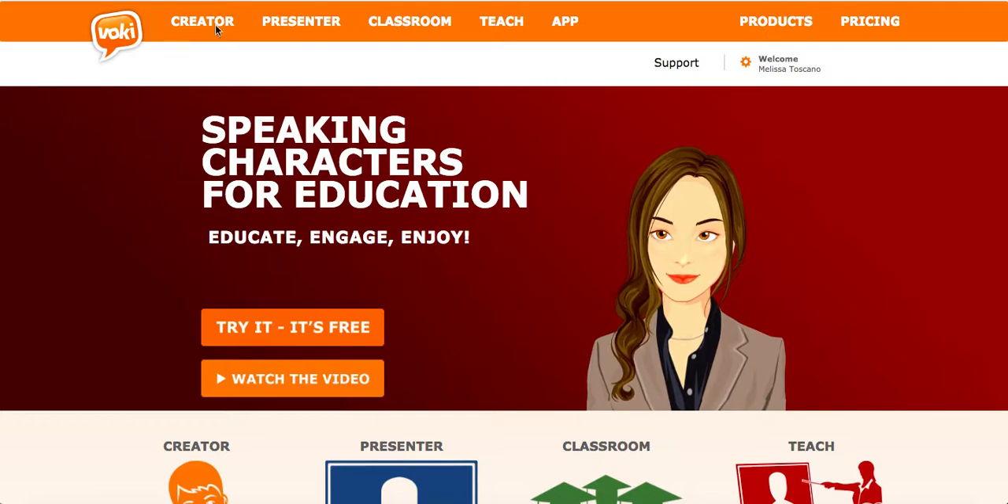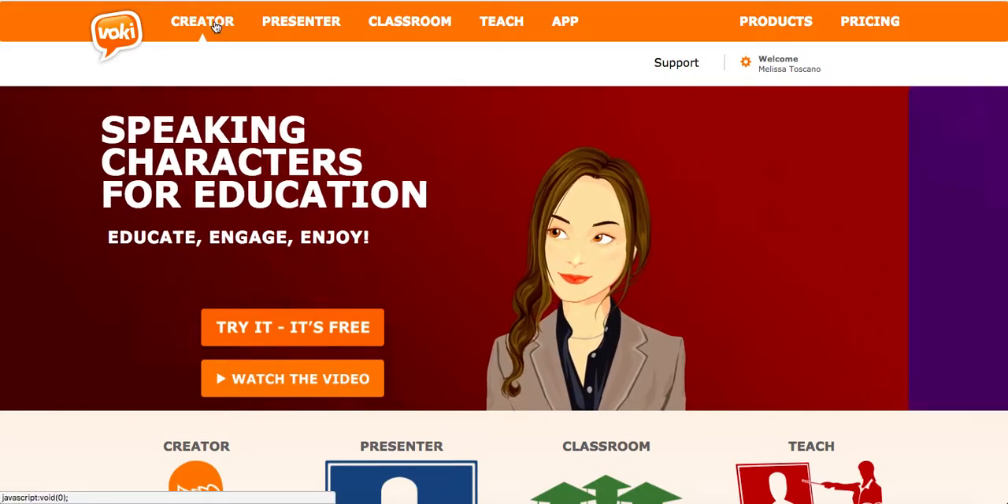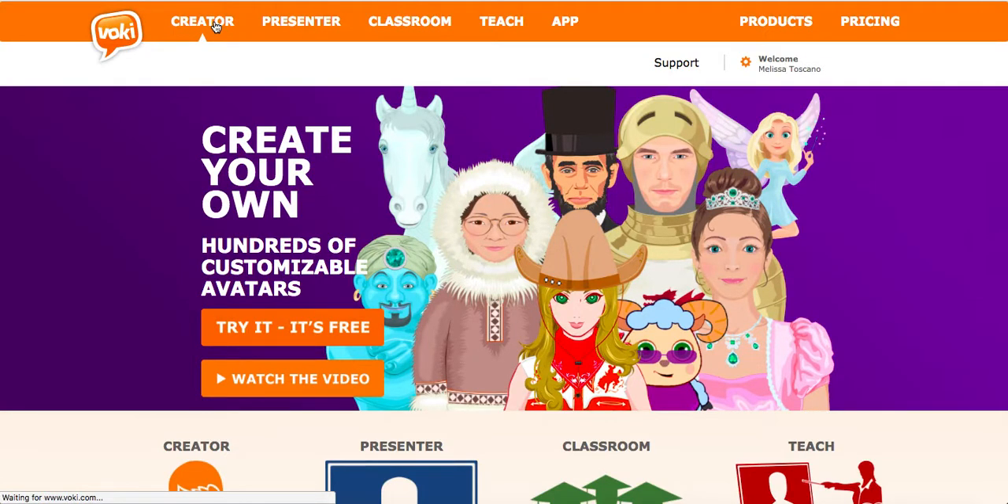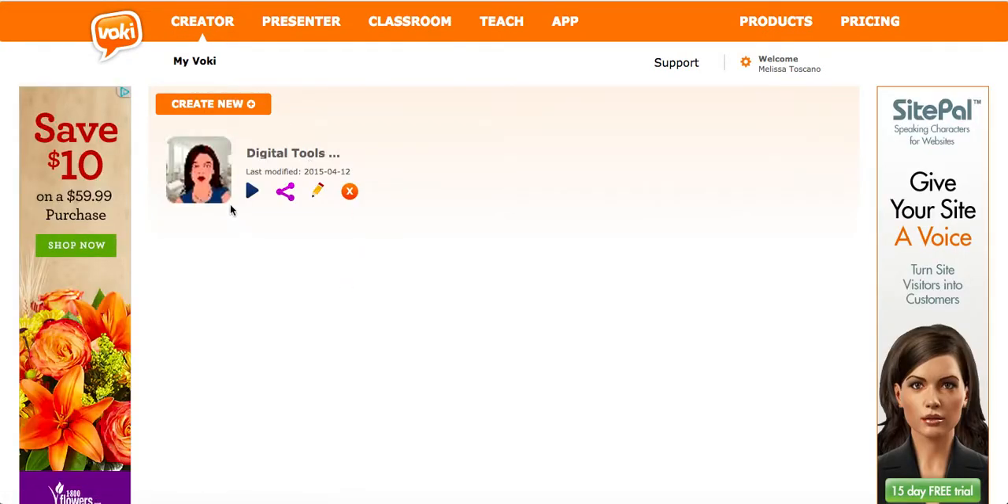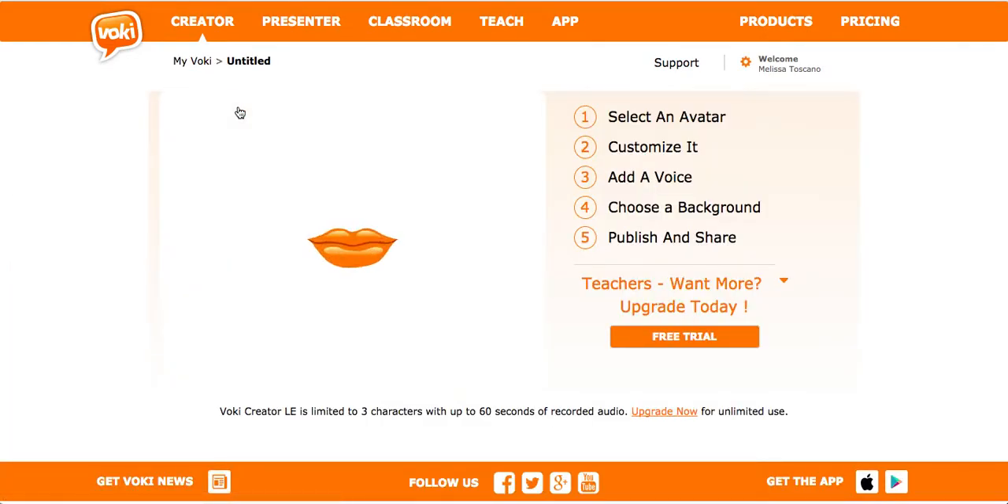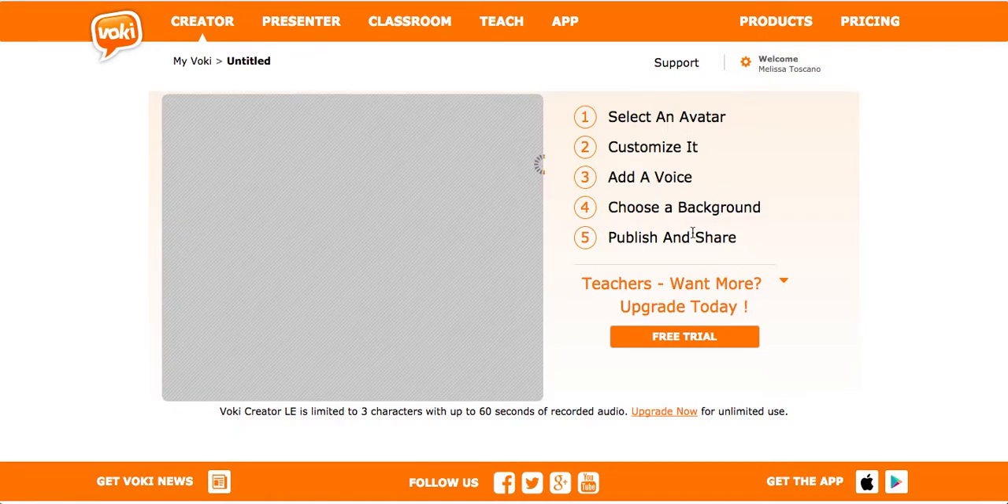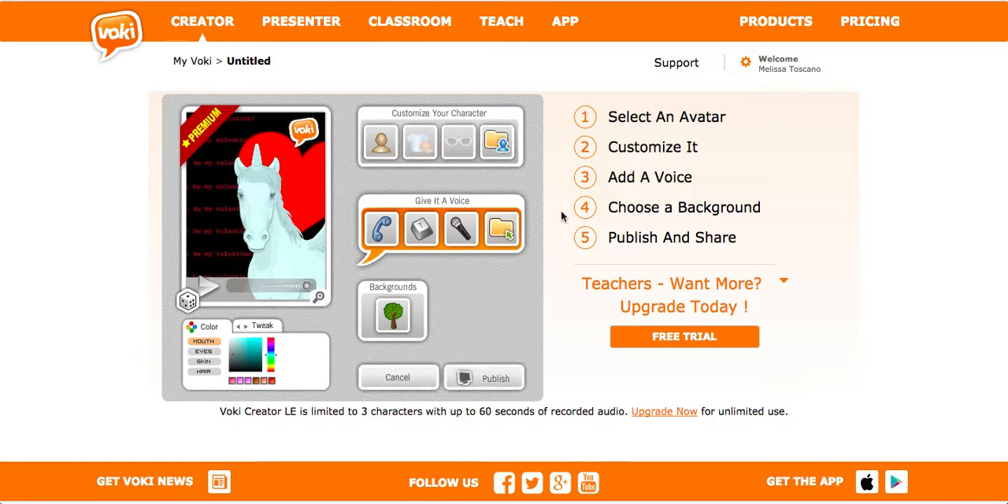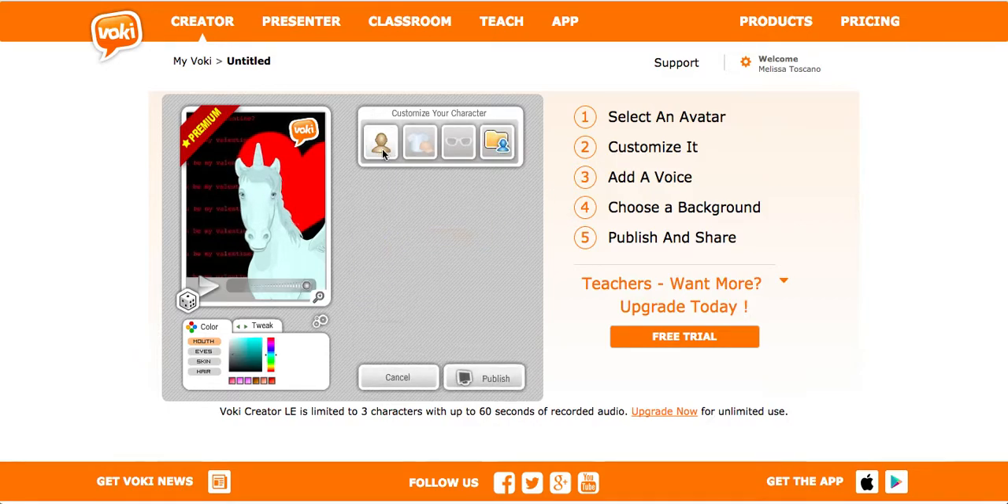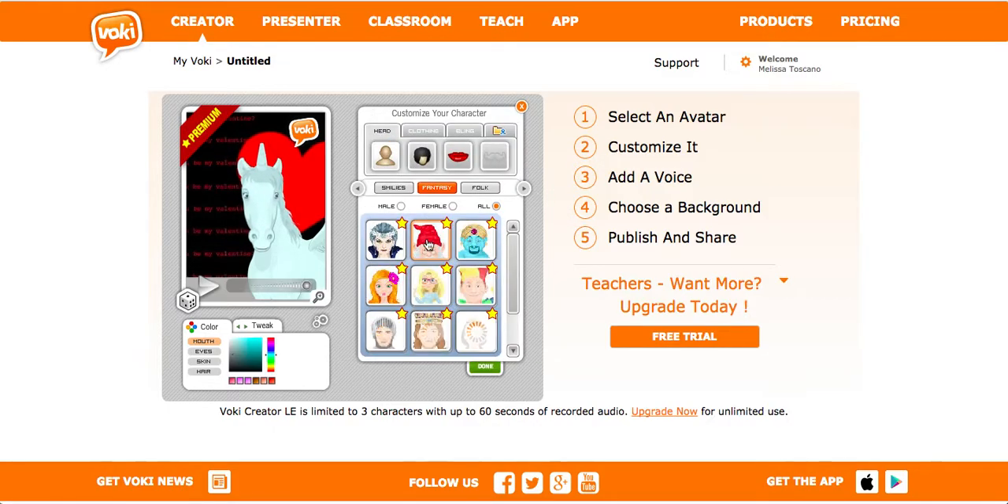So the first way that you can use Voki if you're using the free version is by clicking Creator. And this is one I've already made for one of my old classes, but you click Create New, and it allows you to select an avatar, customize it, add a voice, choose a background, and then publish it and share it. So for instance, you can create an avatar to your liking,